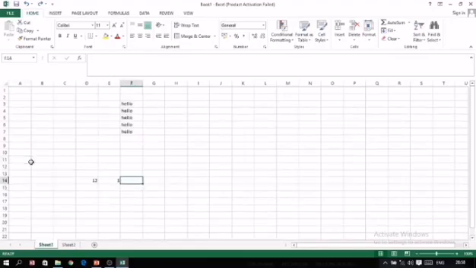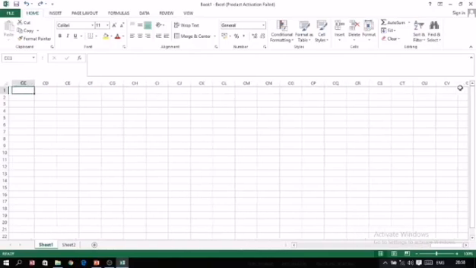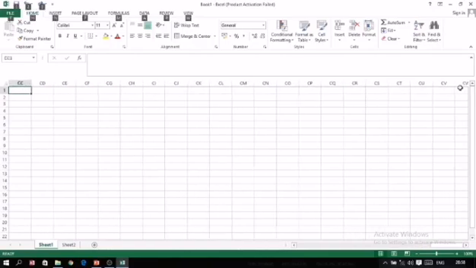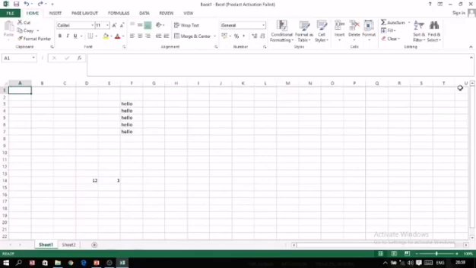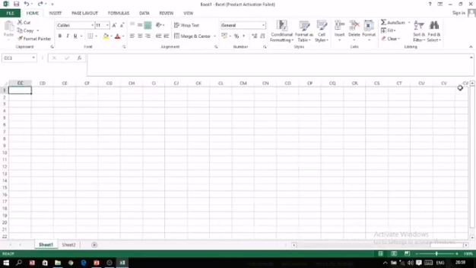And if you use Alt plus Page Down, it will show you the remaining columns to the right, now coming till BH, then from BI. And Alt plus Page Up moves one screen left. Again I will explain: Alt plus Page Down, one screen right; Alt plus Page Up, one screen left.